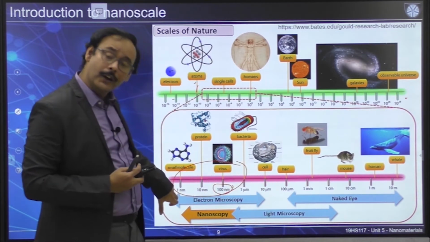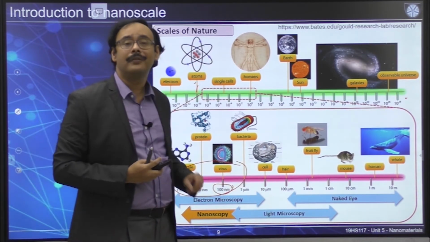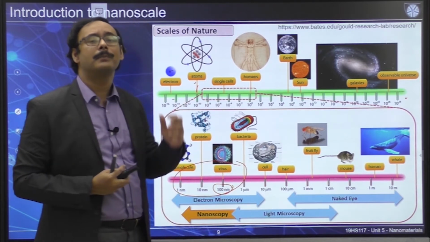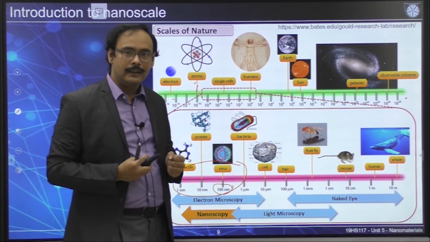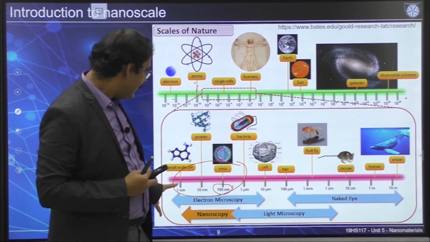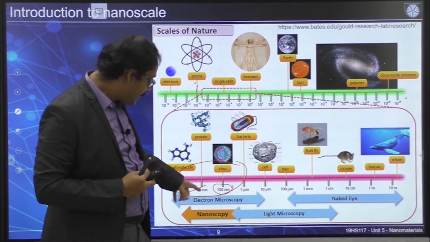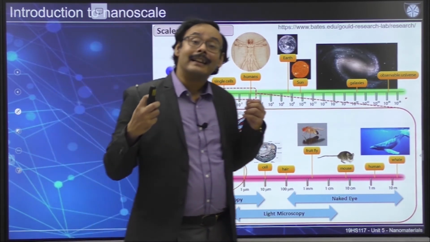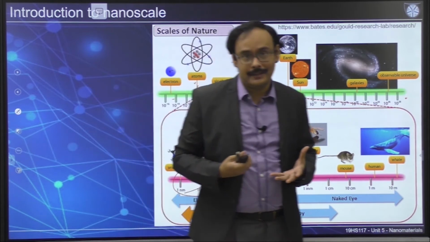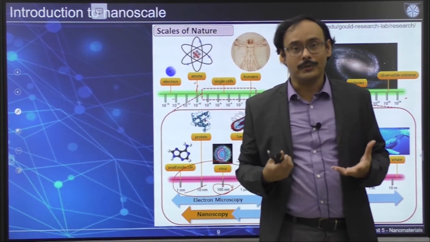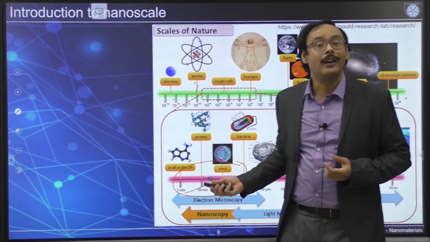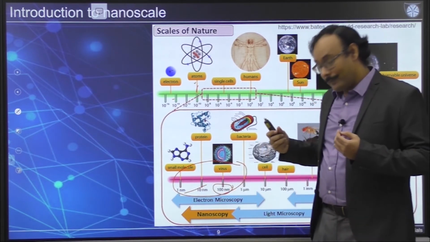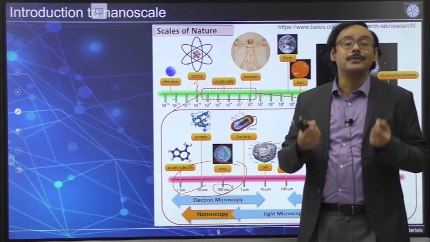From here to below, you need a special kind of instrument, which we are not going to discuss too much in this particular lecture, but if we have time, we can go and discuss more. You need a special instrument to actually see this. It's called electron microscopy. And the advancement of nanomaterials as a field grows with the advancement of these sophisticated instrumentations, because previously we were not able to see them.